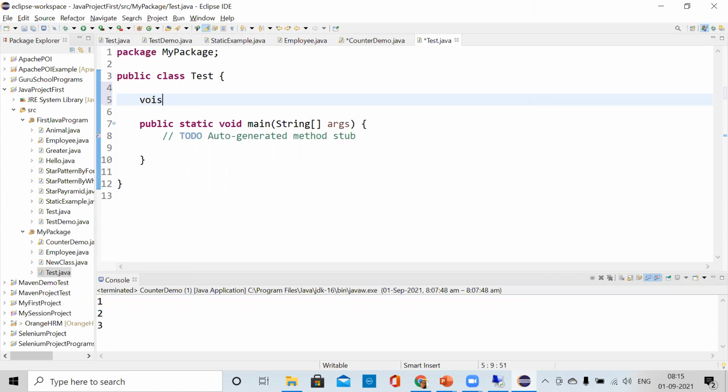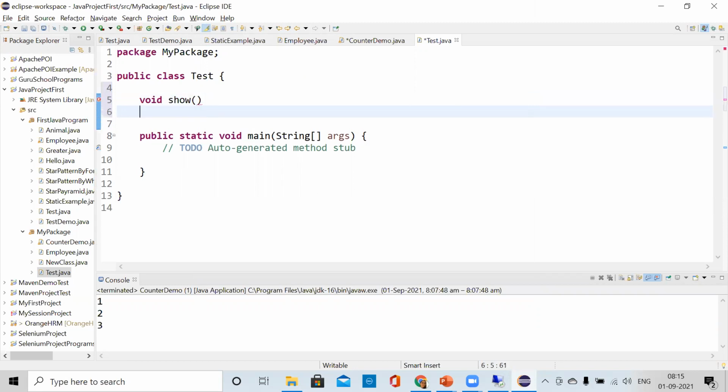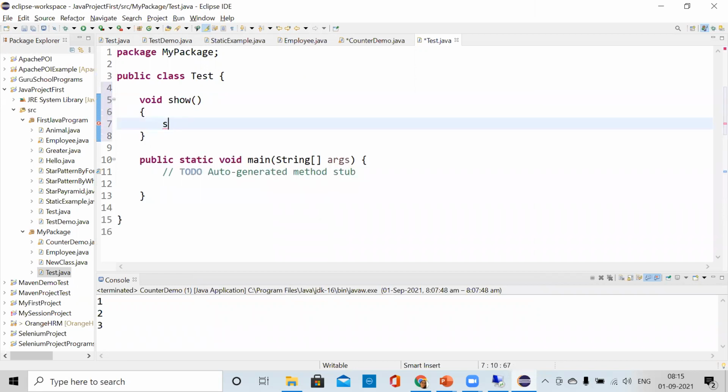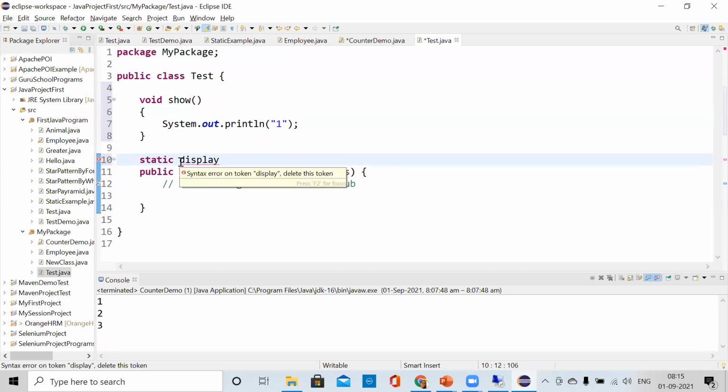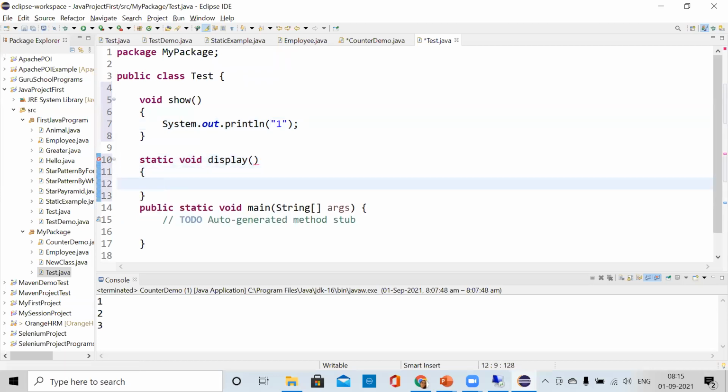So void show, suppose we are printing here one. And there is one more method which is static, display. The void is always there. Here we are printing two.